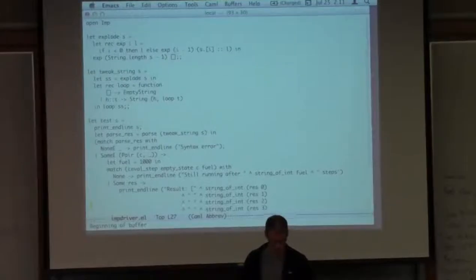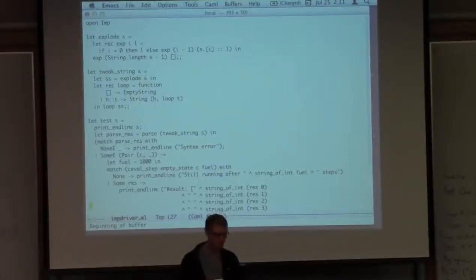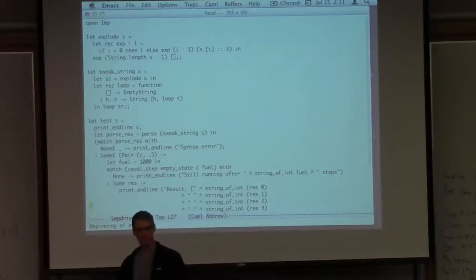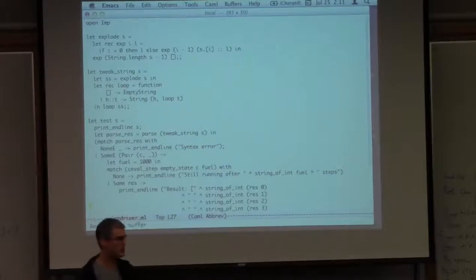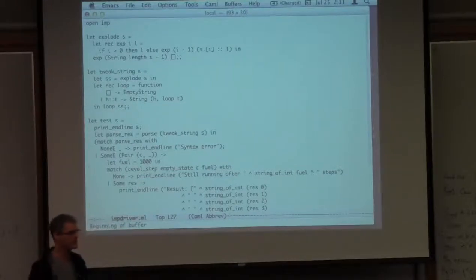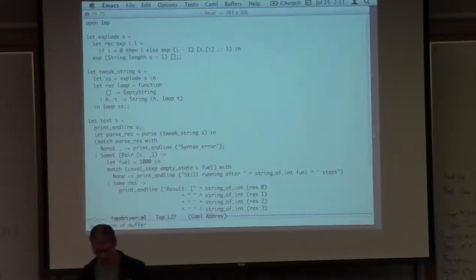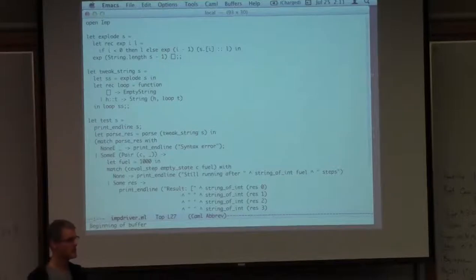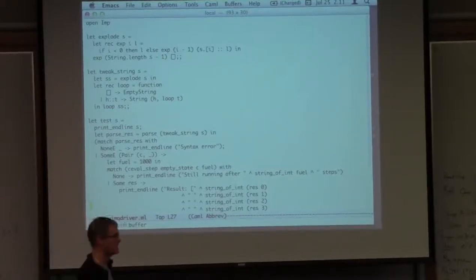Good. So that was our realistic example of extraction. Now I want to show you an unrealistic example of extraction, something that you would probably not ever want to do, but I think it's interesting that it's possible. So yesterday, or the day before yesterday, Amal showed us a logical relations proof